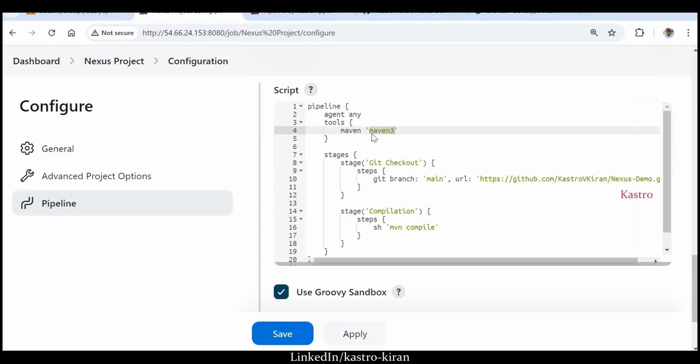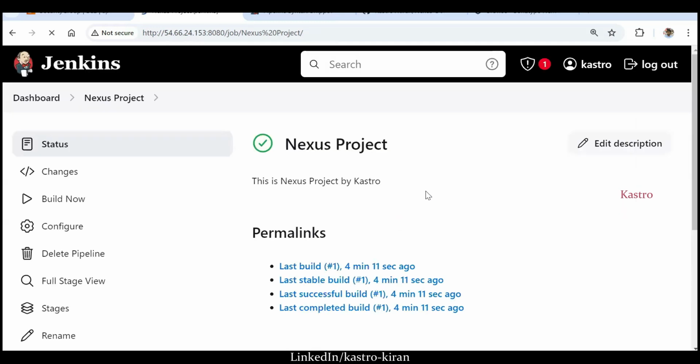I have configured JDK 17 and Maven 3. So whatever name you have given while configuring Maven, the same name you should give. If you have configured with a different name, you should give that name only here. Make sure of it. This is most important. Right, I have given the Maven goal. Now the compilation is done. Now let me click on apply and save, and let's see whether the second stage will also get built or